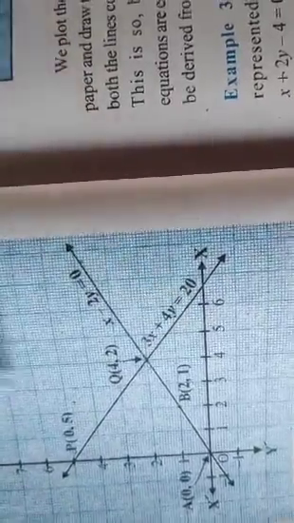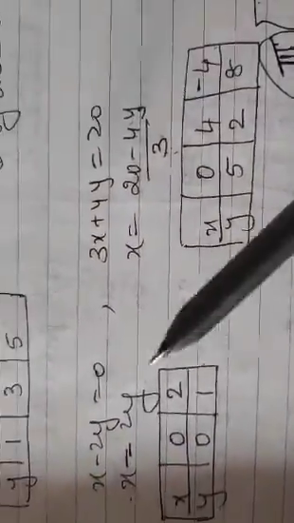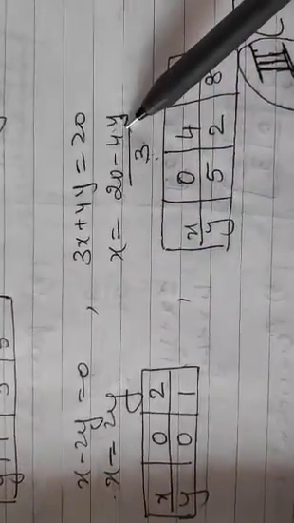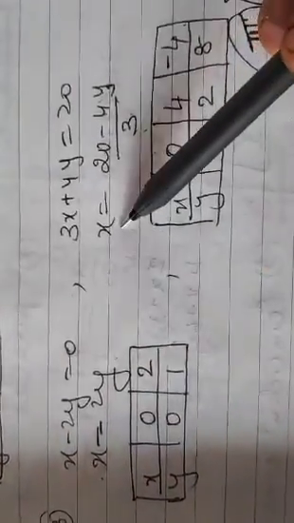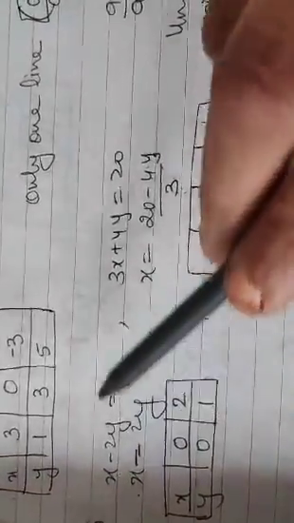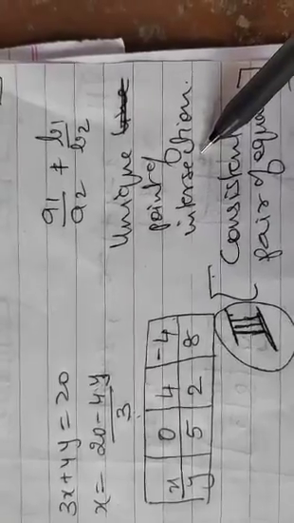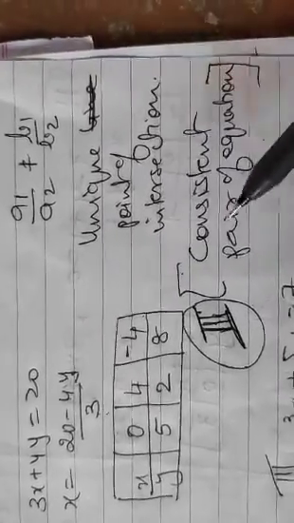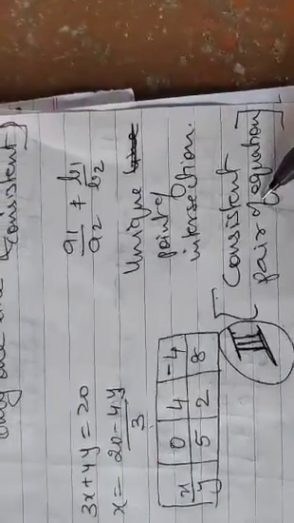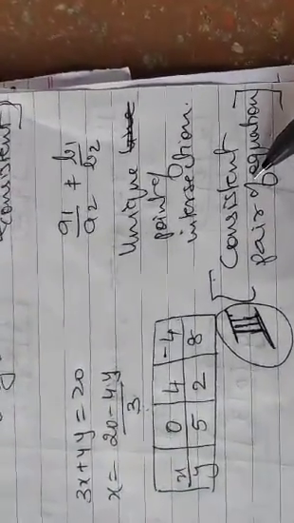Did you understand that? So, in such a case, now if you find the relation between A1, A2, B1, B2, you will find that A1 upon A2 is 1 each. B1 upon B2, they are not equal. Am I right or not? See, A1 upon A2 and B1 upon B2 are not equal. So when A1 upon A2 and B1 upon B2 are not equal, you will say that the point of intersection will be unique. Only one answer. Then you call it a consistent pair of equations. Remember, earlier I told you this is also consistent, but it will be dependent because there are numerous solutions. But here there is only one unique answer. Is this point clear?